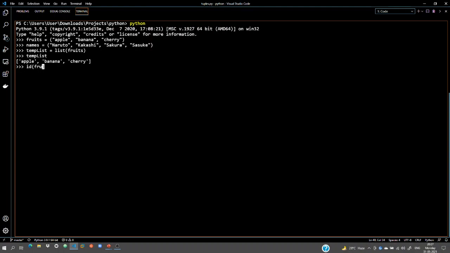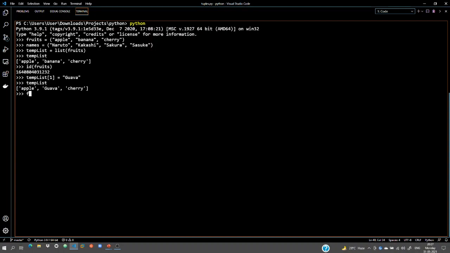So fruits was initially this. Now let me change the value of 1, that is the value of banana, to guava. Now if we see temp list, it is apple, guava and cherry.